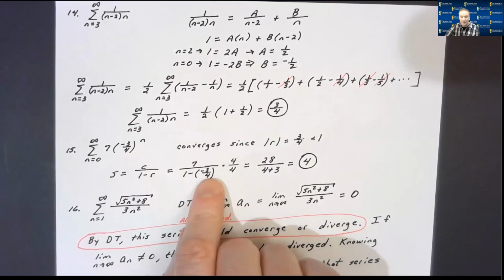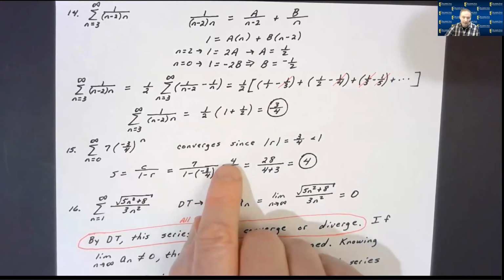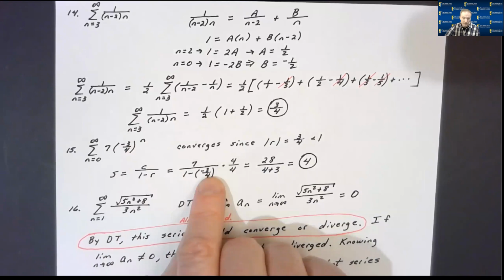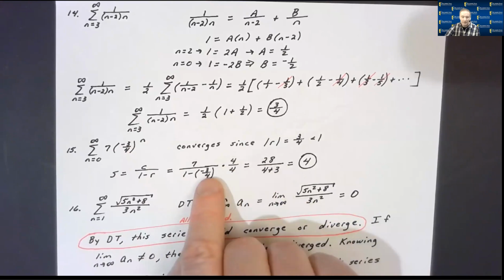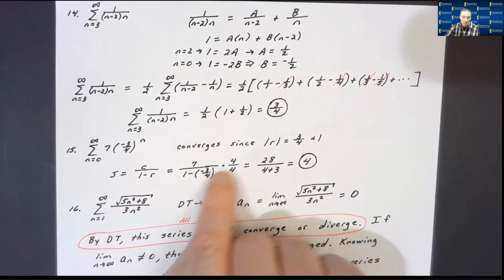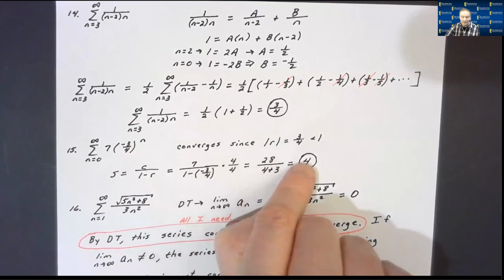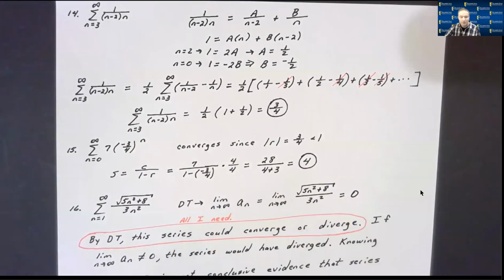In order to simplify that, I'll multiply by the denominator 4 to get rid of the fraction inside the fraction. When I do, my numerator is 28, and my denominator would be 4 plus 3. So it's 28 over 7. I get the sum of this series is 4. That is a convergent geometric series, converges at 4. Now, for the next one,